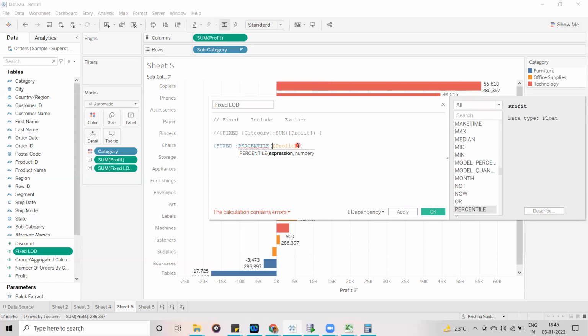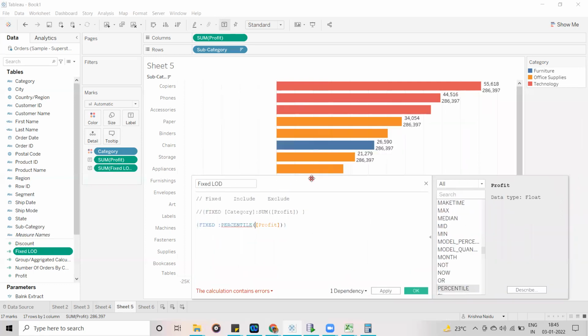So how are we going to calculate the percentage? As per the customer requirement, for this value, 55,161, let me write sum of, and I have to mention category here. Apply. Now guys, 55,000 divided by 145. This is the value we have to compute. 44,516 divided by 145, like this. For example, for office supplies, the paper subcategory, 34,000 divided by 122. So how can we get this value?